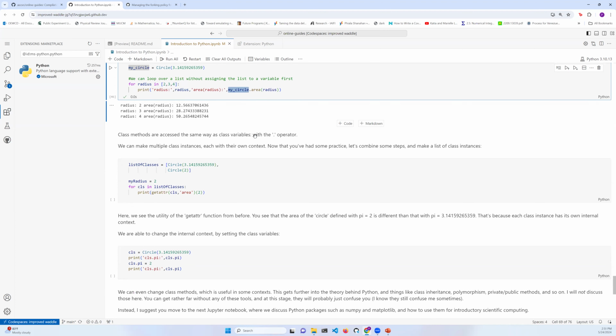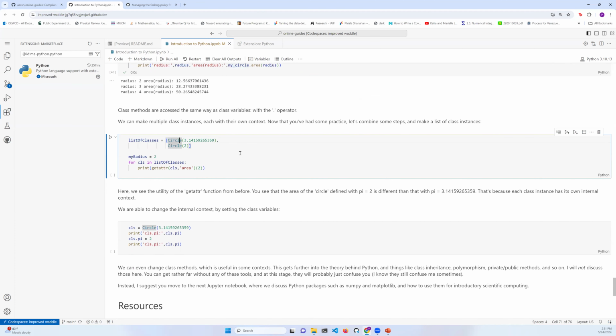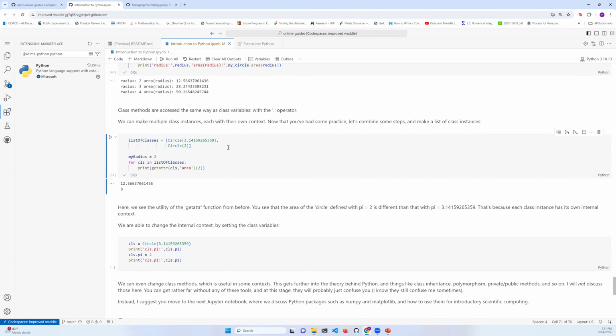The point of this exercise is that now we can make different instances of classes. So we have one class where we're in normal geometry where pi is 3.14. Then we have a different, weirder geometry where we're calling pi 2. Pi happens to be 2. And so you see we've made a list of the classes, and then we can compute the radius in